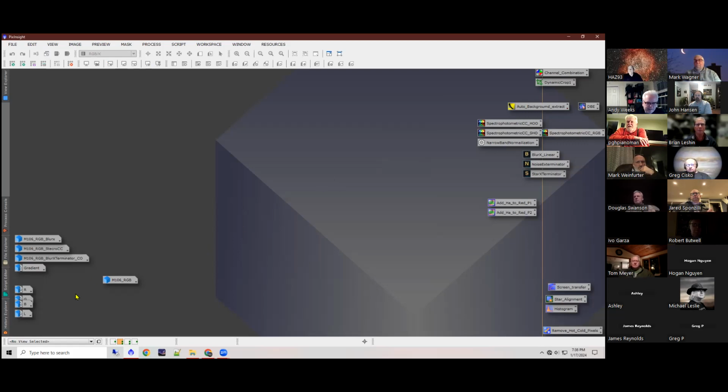So let's get into a little bit of processing. I'll go through my steps. I shoot in mono, and my small rig I shoot in one-shot color. But I'm going to go through M106 tonight, and that was done with RGB. For this process, I ended up not even using the luminance. And the reason, and I think this is really important, is here, I'm going to bring up the color, totally unedited